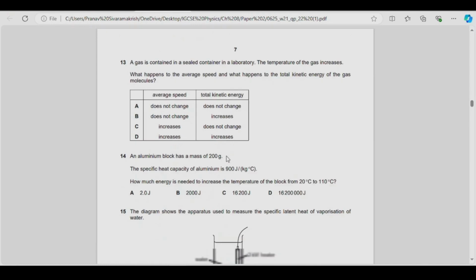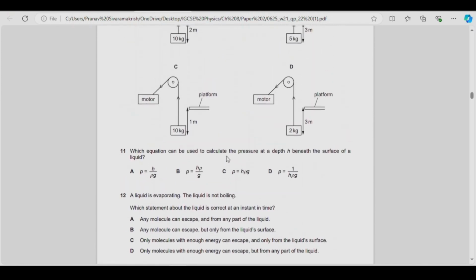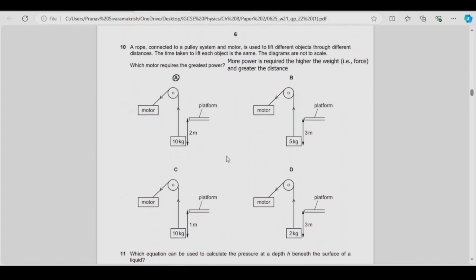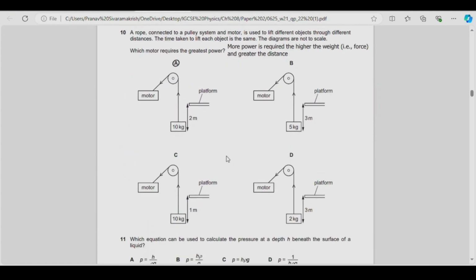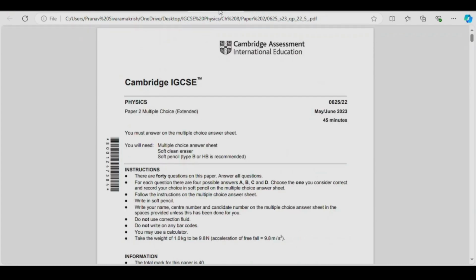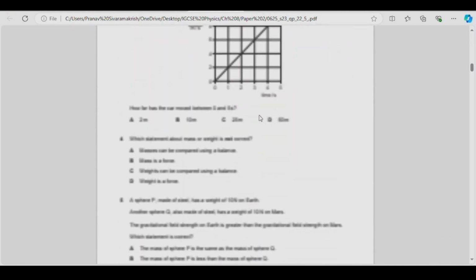So if I look at the remaining questions, again, I can't find many more questions on work done and power. So let's move on to the next paper. The next paper is May/June 2023. We're looking at variant 2.2. So if I go down,